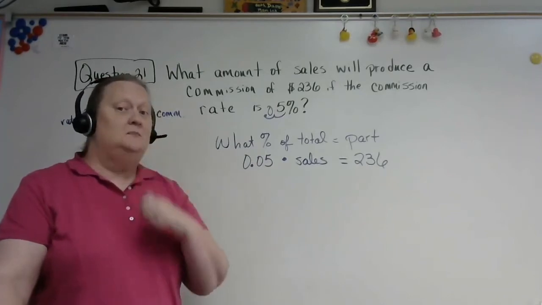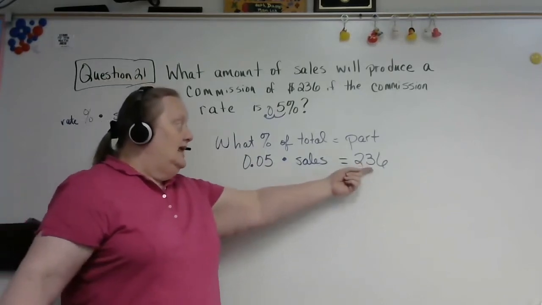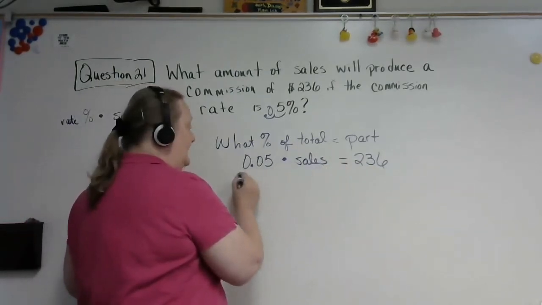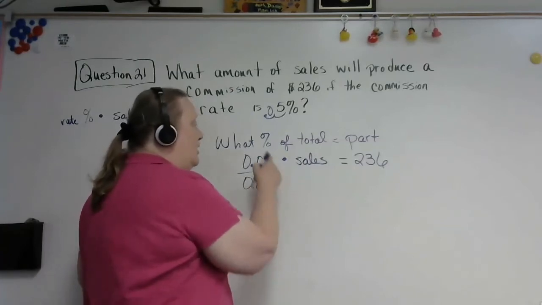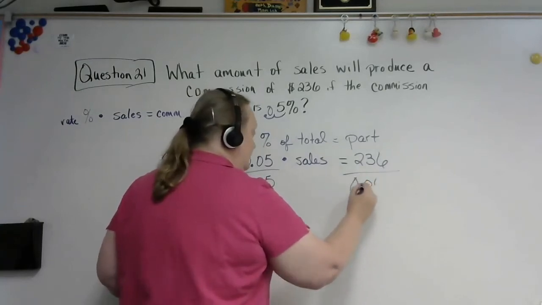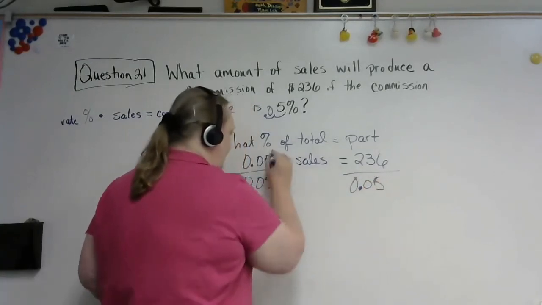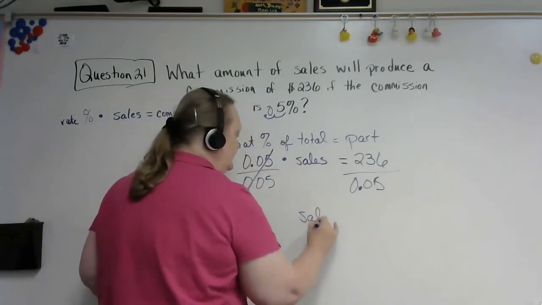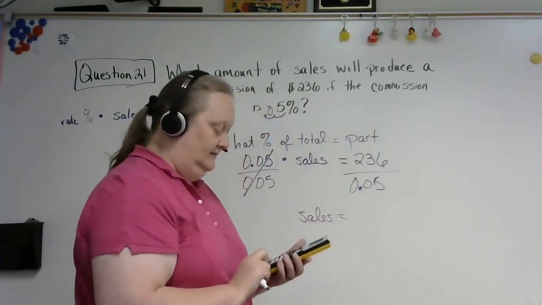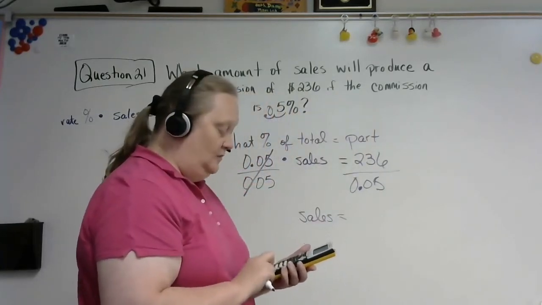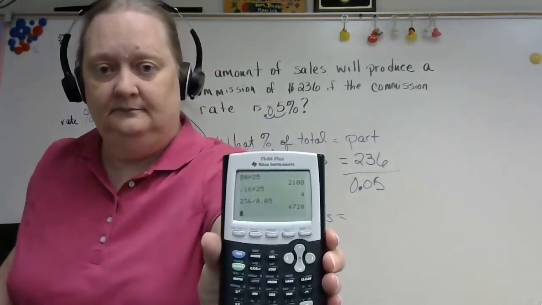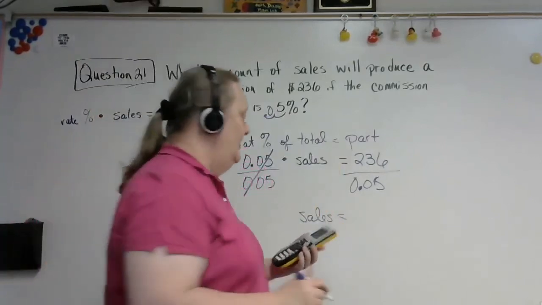How do we know the order that we put the division in? Well, if we look at this, we want the sales by itself. So what we divide by is that 0.05. What we do to one side of the equation, we do to the other side. That lets this disappear and gives us the sales, which would be 236 divided by 0.05. I just put that in the calculator, and that gives me